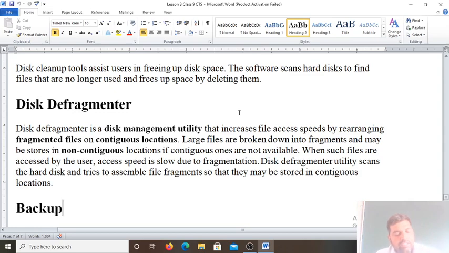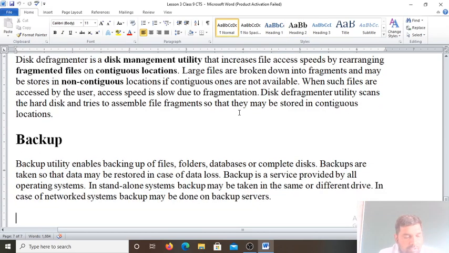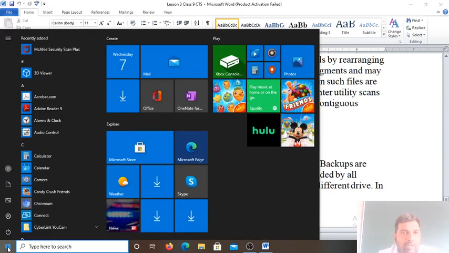So how do you run a disk defragmenter? You have to click on Start and go to All Programs. In All Programs you will find Accessories.